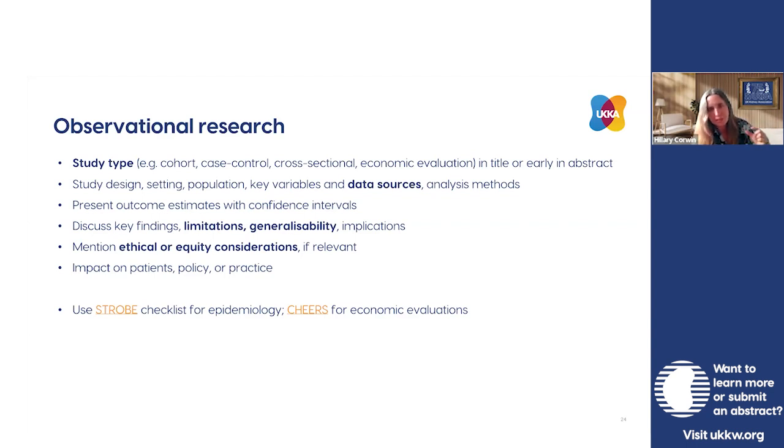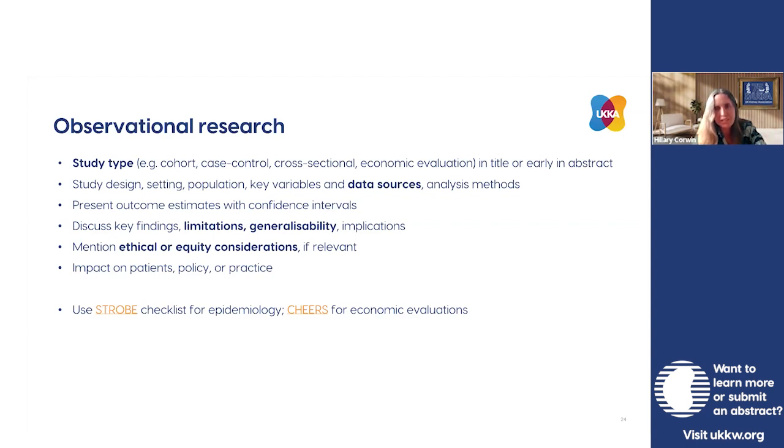Very briefly explain what it is, where it's coming from. Talk about how you've analyzed the data. Present your estimates with confidence intervals. You want to see not only the estimate of what this relationship is, but also the level of uncertainty around those estimates. Discuss your key findings and keep in mind here the limitations and the generalizability, the scope of